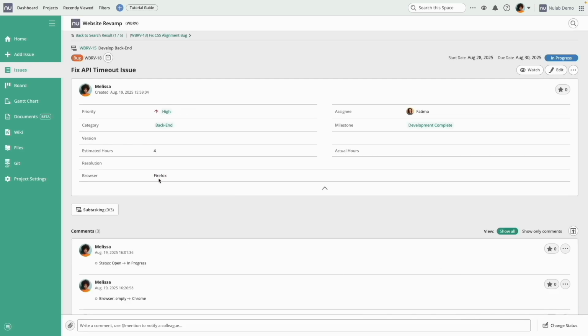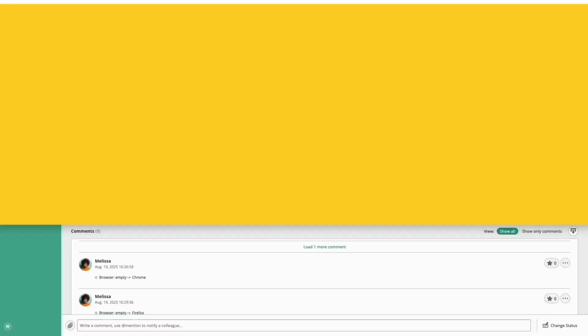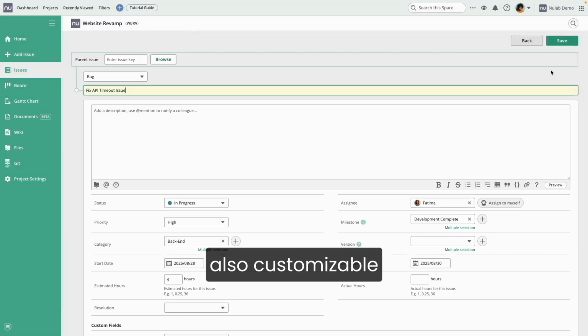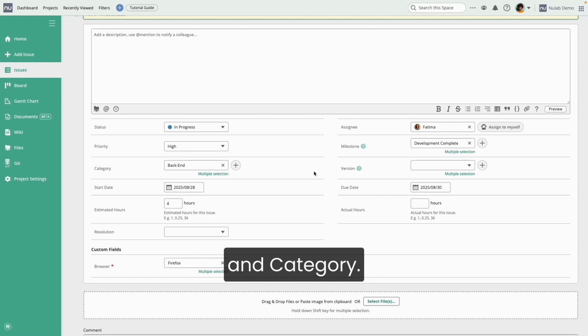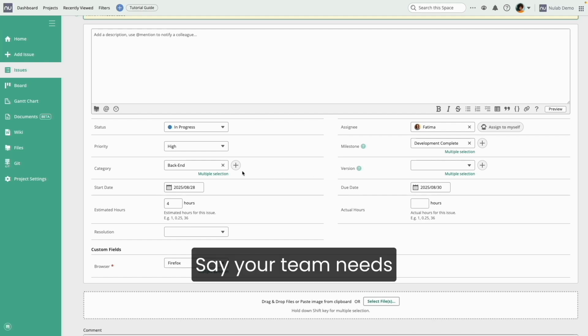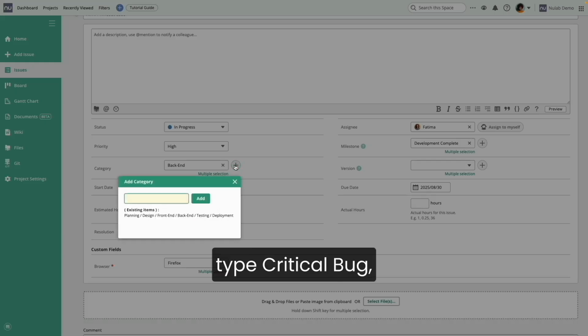Here it is. On top of custom fields, there are also customizable attributes like milestone, version, and category. Say your team needs to flag critical bugs separately for faster resolution. To add a custom category, click the plus icon next to it, type critical bug,